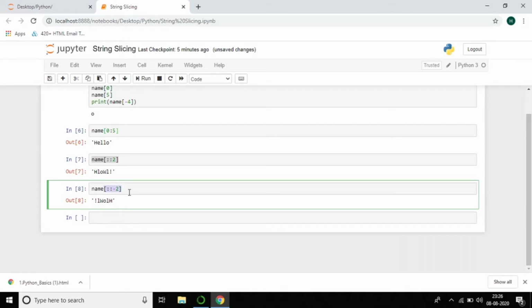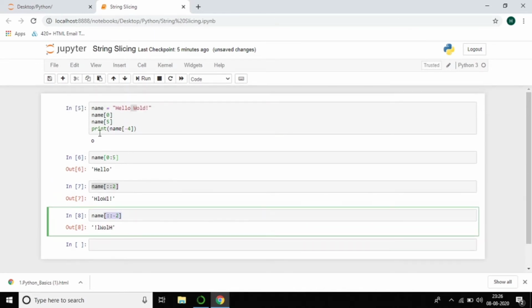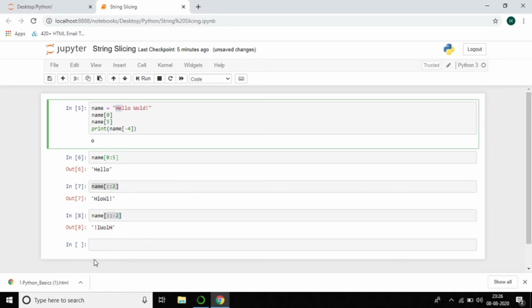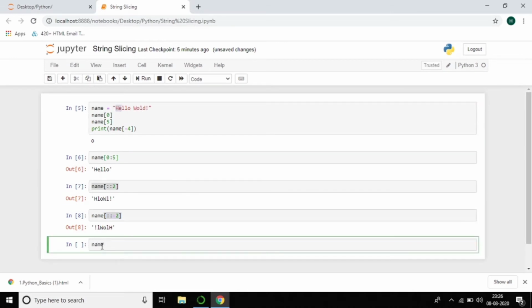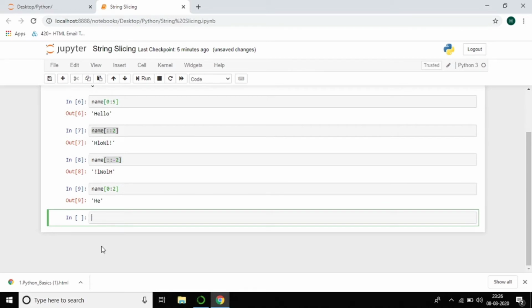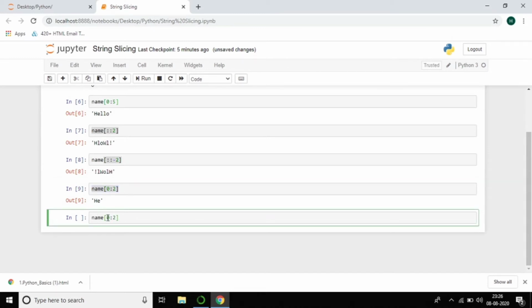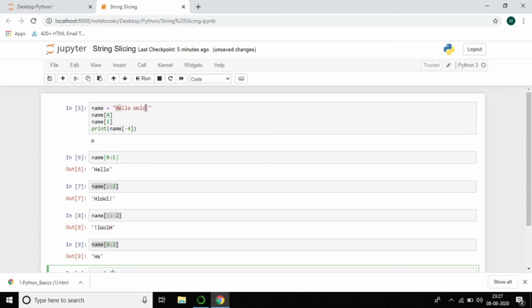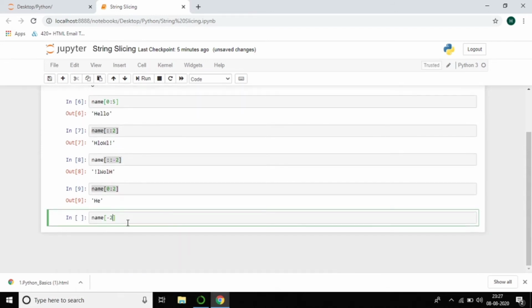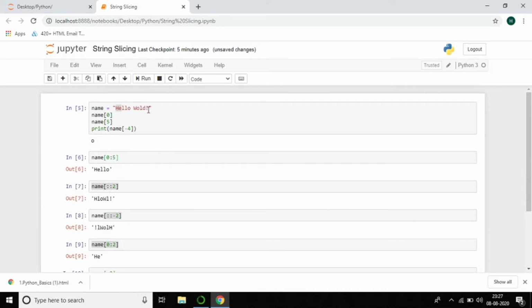And we'll work more, like if you want to print two characters in a string. So I want only these two characters. How to print that? Just like name, I want only two characters to print. So 0 to 2, you can see HE. And the last two characters in a string, how to do that? Instead of that, for the last two characters, -2. If you give -2, we are getting only D, right? I won't get the last two letters, which are exclamatory and D.